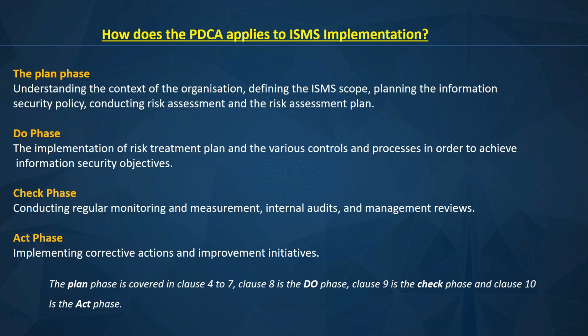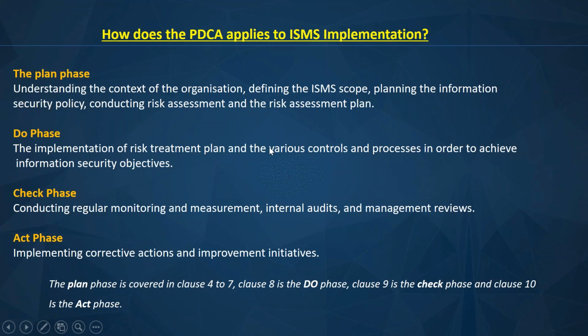So that internal audit is a way of checking. We want to check if what we planned for in the plan phase has been done. We want to check if the security objectives are being achieved. So that's the check phase. And then of course clause 10 is the improvement. On page 9 of your ISO 27001, number 10 says improvement. That's where you're going to be plugging the gaps, if there's anything you have not yet done. That's where you're going to be implementing corrective actions.